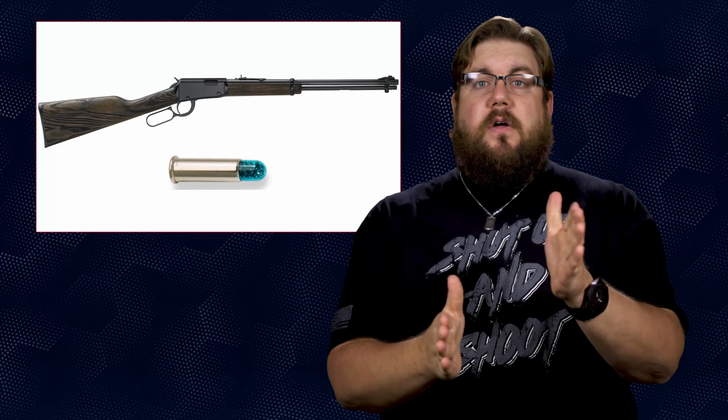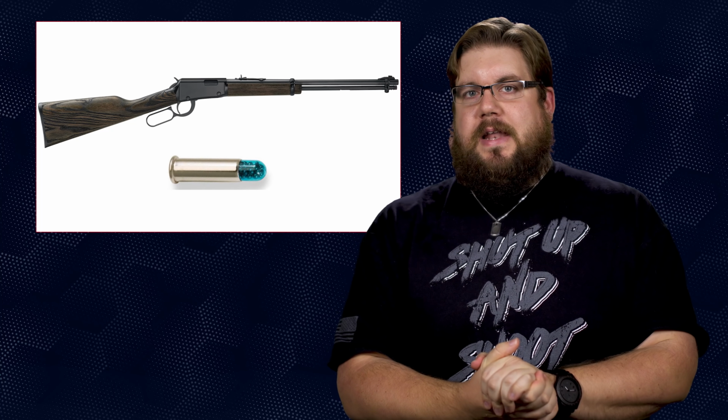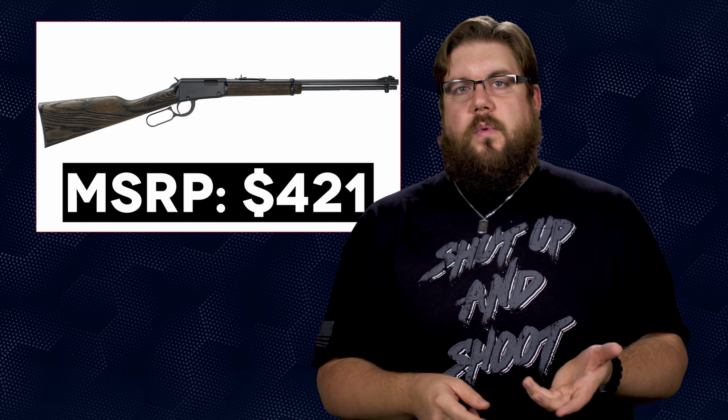The idea here is that folks with lots of property or some kind of varmint or bird problems can now be more effective with the mini CCI shot shells, or as Hill Person Johnny calls it, rat shot. The gun holds 15 rounds of the little shot shells and comes with an 18.5-inch barrel, hooded front sight, adjustable rear sight, and a blued finish. The price to own one of these,